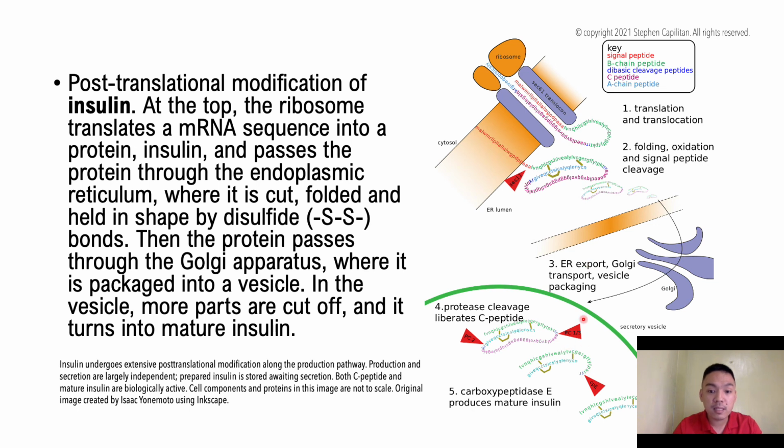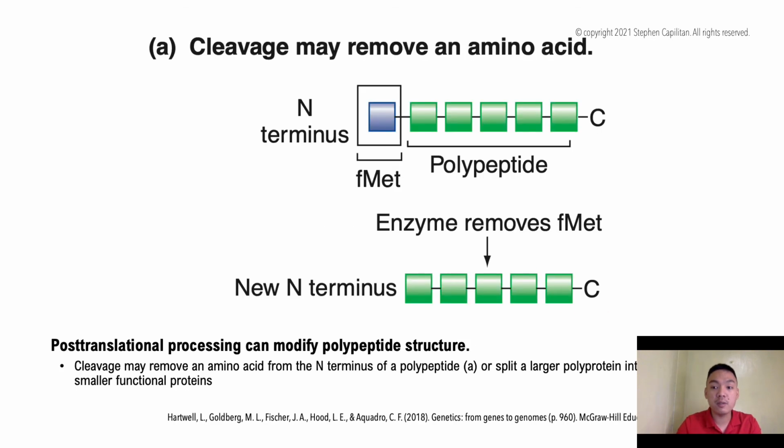So both the C-peptides and the mature insulin are biologically active, and cell components and proteins are not to scale in this image. So this is your post-translational modification of insulin,